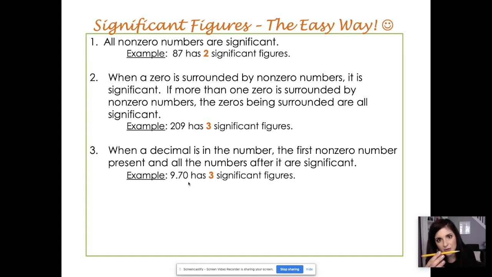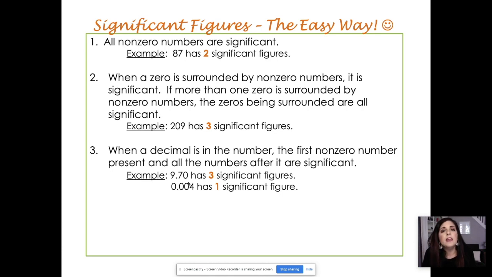9.70 centimeters. That means it's pretty darn close to being 9.70. Not exactly, because the measuring device might not be able to read after that, but there's some uncertainty in that. But it is relatively precise, 9.70. That 0 does count here. A little bit different as opposed to this value, this measurement,